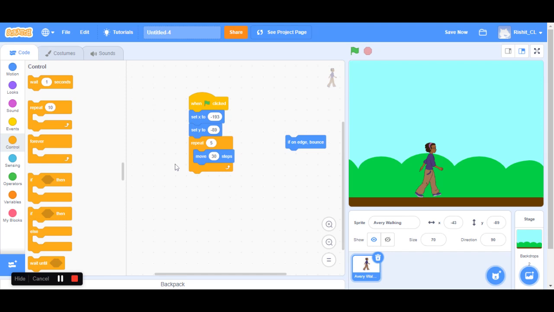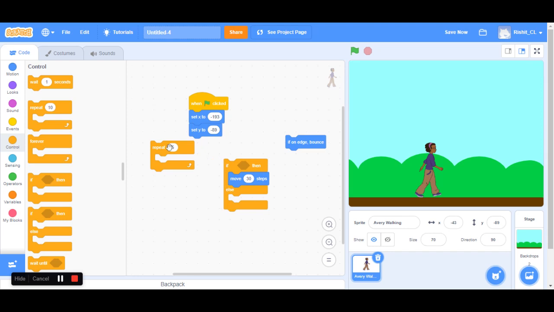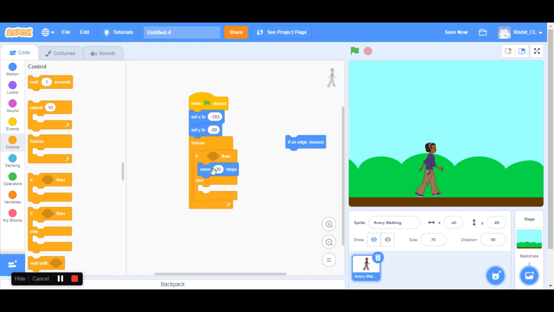If this condition is true, then this happens, and else, if it's not true, then that happens. So if we drag this here and put it under the repeat, we remove the repeat and exchange it with the forever loop. So we delete this block and put the forever loop and put this if block in it.